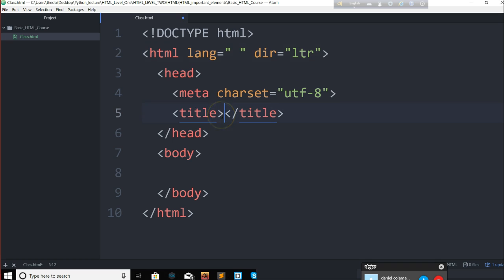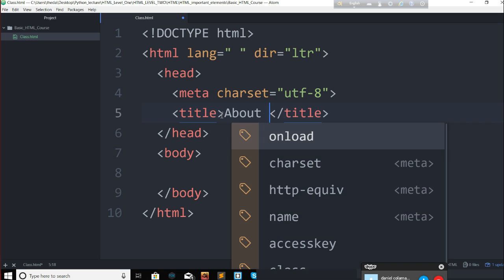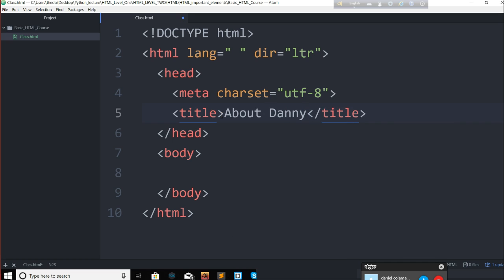Now you just give a title like About Danny. This is the header, so you write something here. Maybe today we are going to discuss classes and IDs. Classes and IDs are almost the same. The function is the same. They do the same activities. They do the same function,